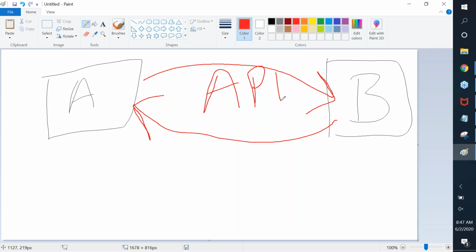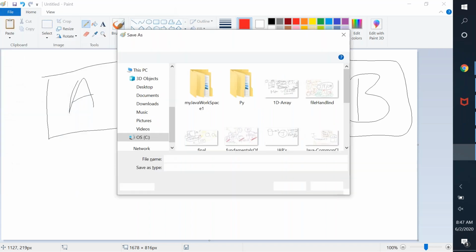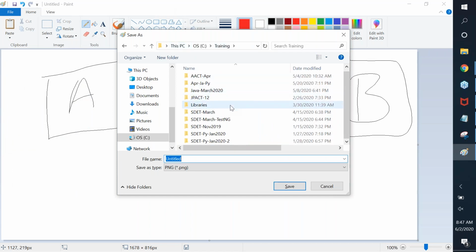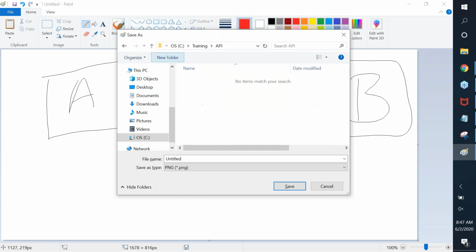So this is good. I'll just save this. I'll create a folder locally under training. And team, I'll talk about the fact where it comes under SDET. But this training, you can take most of these trainings as they are. Okay. So I'm going to put this under API and